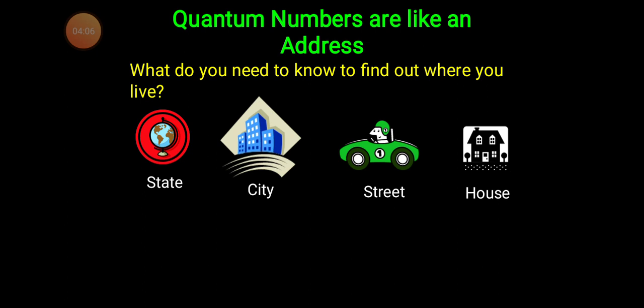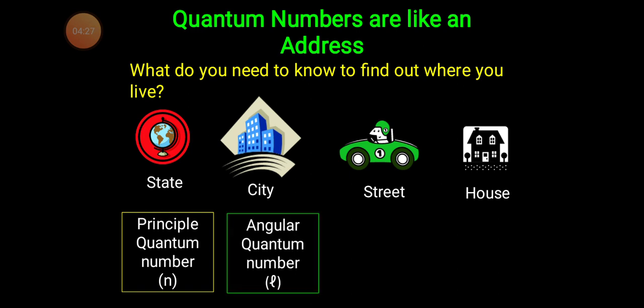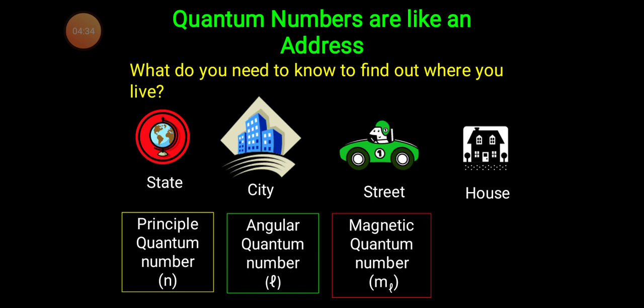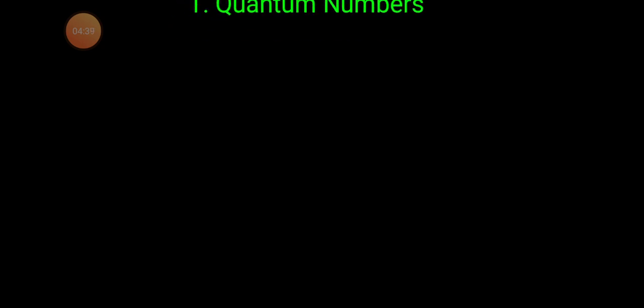In the same way, to locate the house something is required, and to locate the position of the electrons in an atom we require some numbers, which are nothing but quantum numbers. First is the principal quantum number, which decides the energy level; it is one of the bigger ones, but it cannot give the exact position. Then second is the orbital or angular quantum number, small l. Third is the magnetic quantum number, ml, and fourth is the spin quantum number. So there are four quantum numbers.